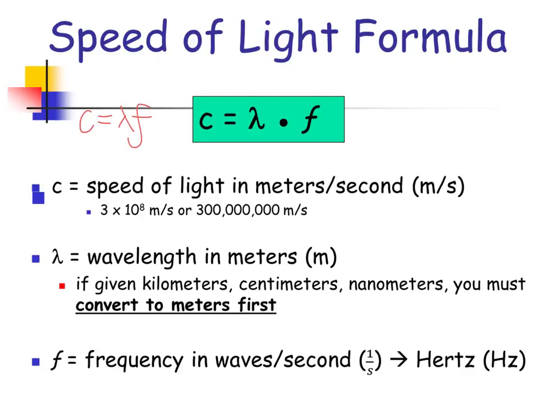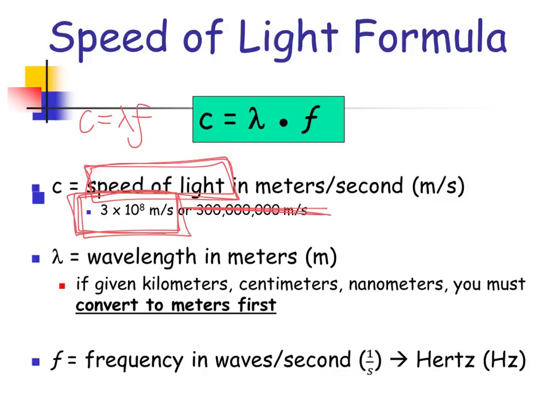So then it asks you, what do all of these little letters mean that are new to us? The C stands for speed of light. So everyone needs to write down speed of light. Speed of light is 3.0 times 10 to the 8th meters per second. You don't need to write this part down because we don't want to write all those zeros. So 3 times 10 to the 8th meters per second. That's